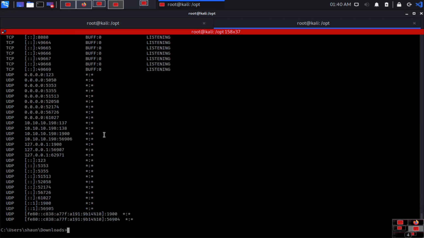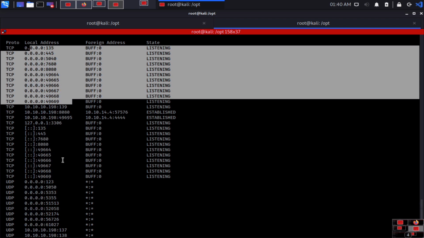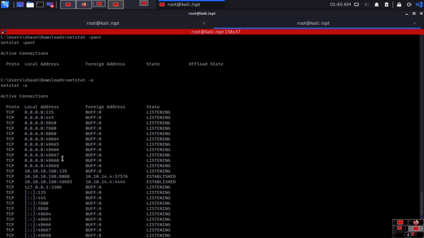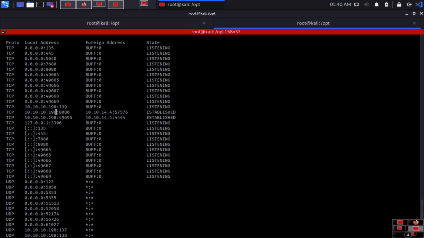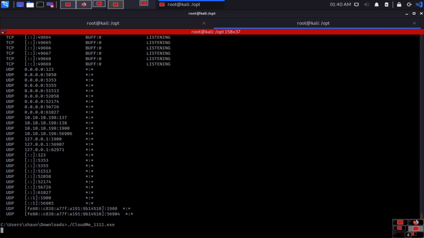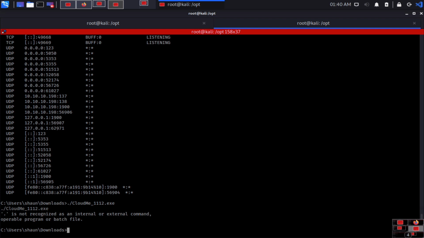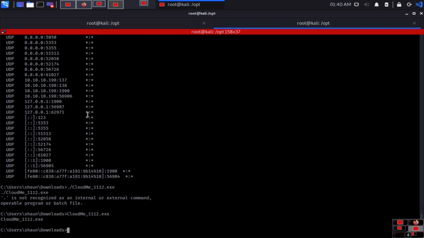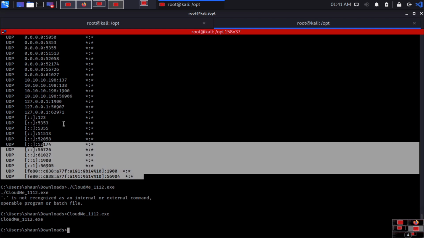So this part is called enumeration. We have to do proper enumeration. That's why the root part is a little bit difficult, but if you do proper enumeration, it's very easy for us. I'm not able to see any port open here. So what I can do is wait a little bit and try to run the command again. I will try to run the // and then here nothing. So it means we have to run directly only because it's not PowerShell. This is one way you can get the shell.